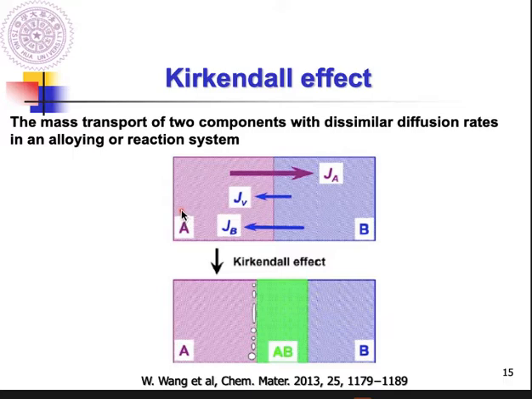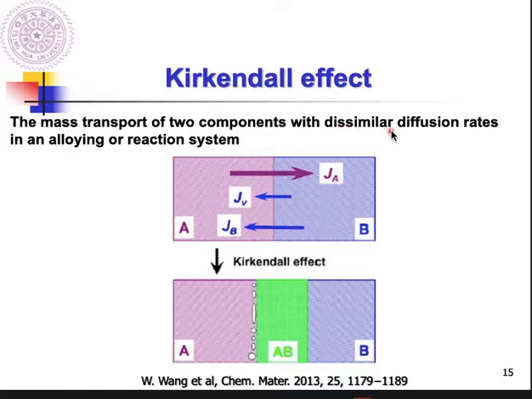First of all, this diffusion couple is in an inhomogeneous medium, right? Because the concentration of atom A is different along these materials, and also in material B, right? So the mass transport of the two components A and B